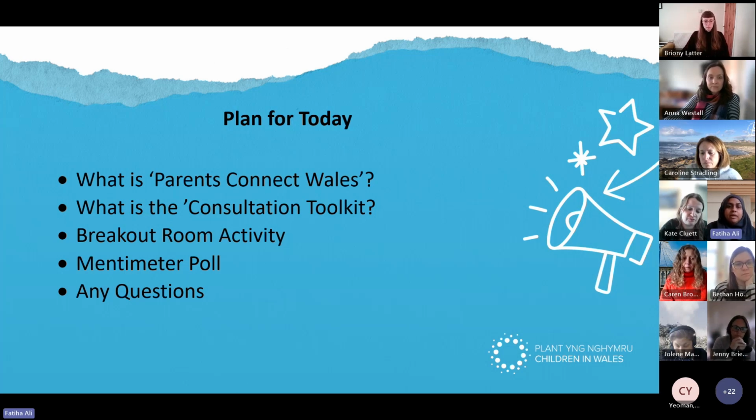We will then be doing a breakout room activity. The aim of the activity is to give you a chance to familiarize yourself with the toolkit, use it, and have a look at the key parts of it. There's a short Mentimeter poll to collect a bit of feedback. And then lastly, a chance for questions and answers around the toolkit that you might want to ask Anna and myself.